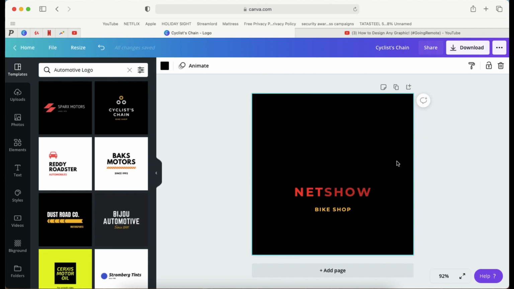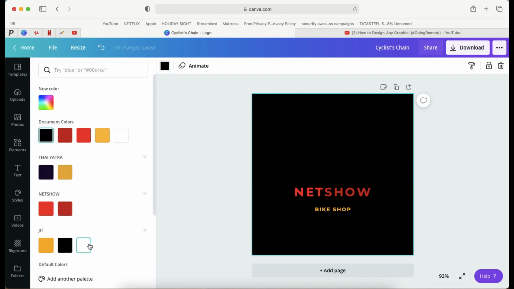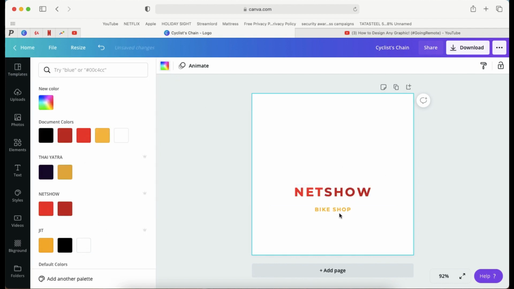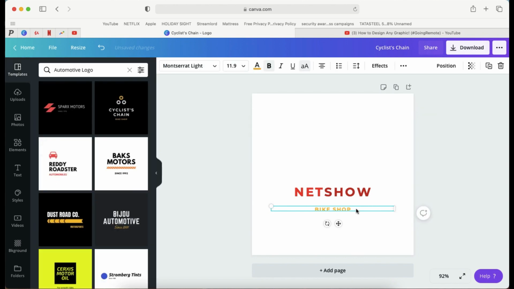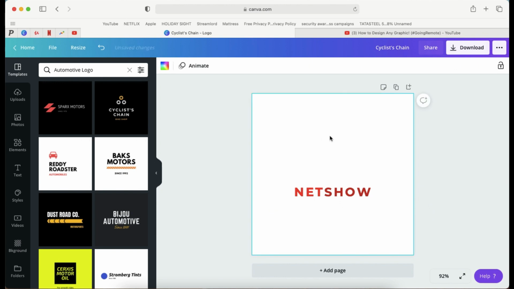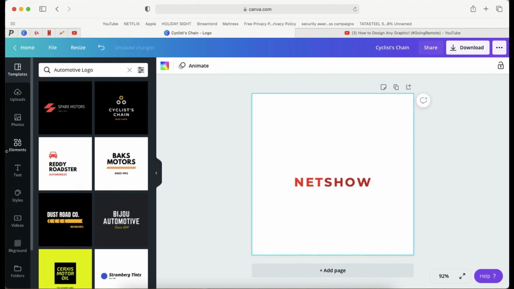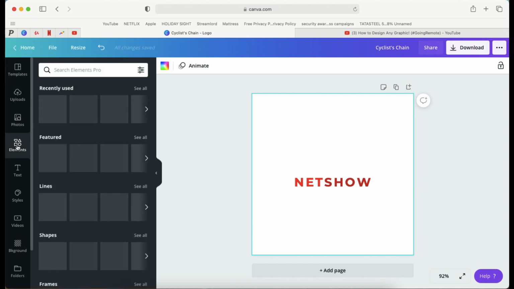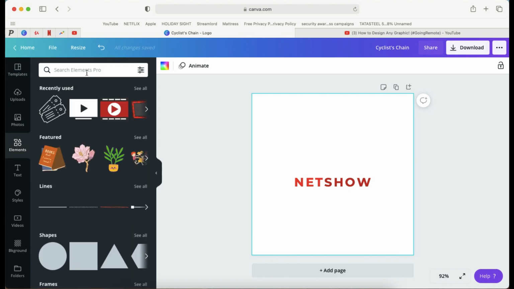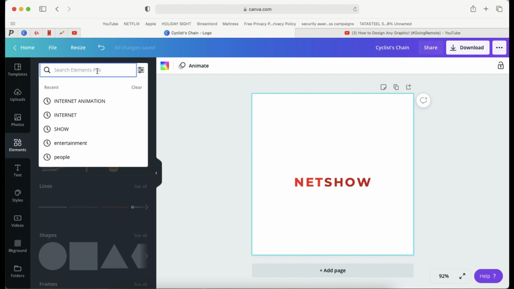Okay, you will not see that many differences there, but if you choose a white background, then you will see it here. So okay, let it be white only. So NetShow, we don't want this logo, so we will delete this logo and directly go to the element. So this is the text. We will make sure this is in the center all the time, and we are going to the element option, which is here. We have selected the element option and we are going to search for the element.